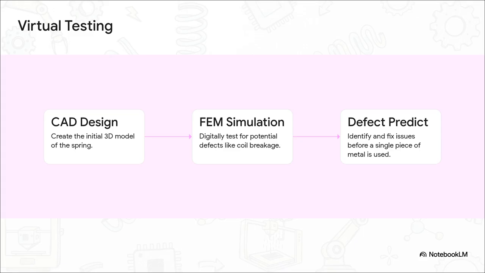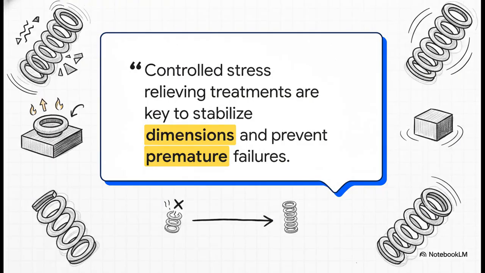It saves so much time and money. But even with a perfect digital design, the physical process still matters. A lot. And this is a really important point from Greenville's research. What happens after the spring is shaped is absolutely critical. We're talking about those carefully controlled stress-relieving treatments. This is what lets all that tension, that residual stress that gets locked into the metal during coiling, just relax. It might sound like a small step, but it makes a massive difference for the spring's reliability and safety over